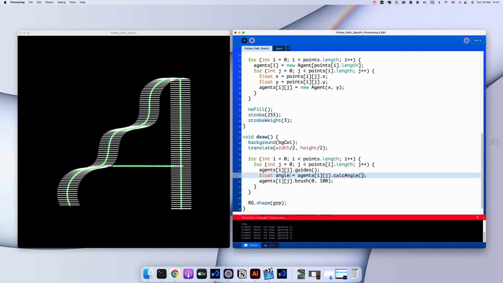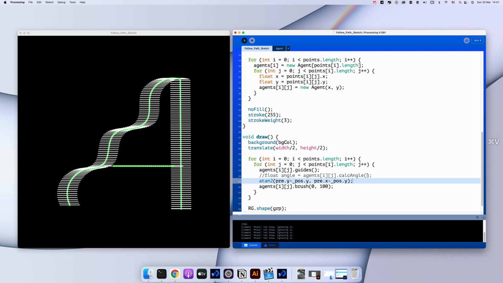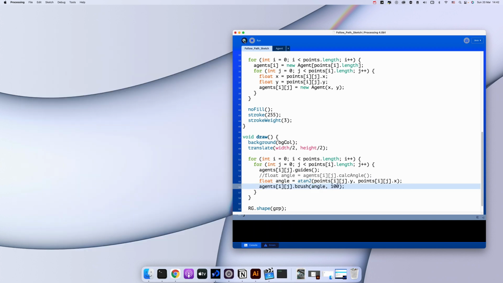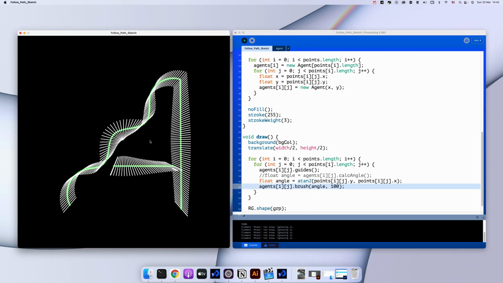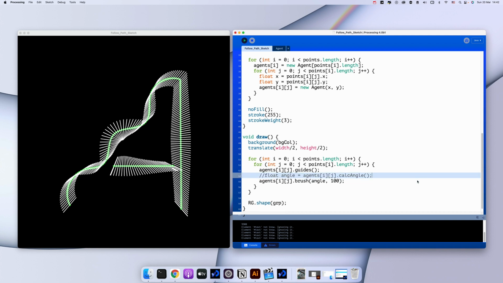So if I take this instead, and let's just, so we don't have to write it again, I'll calculate angle over here. And instead, this will just be the x and y position, which are these. And atan2 just takes y before x, just a note. And then if I put angle over here, it should rotate around the center point. So it's all rotating around this part over here. And that's not what we need. So I'm going to just delete this and